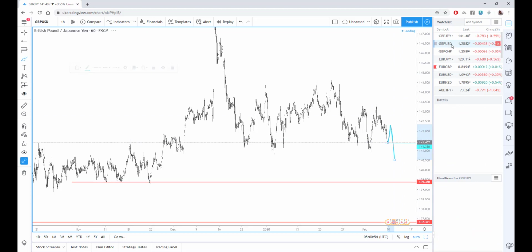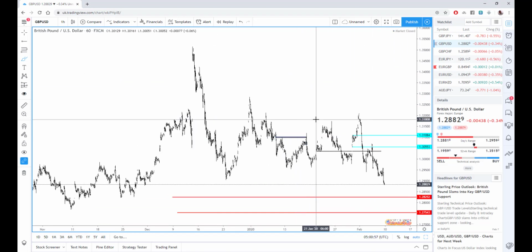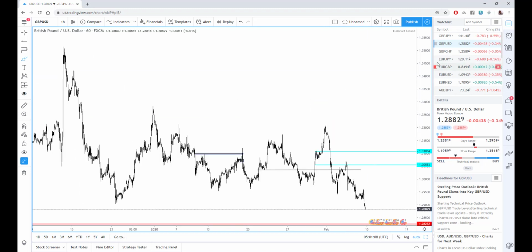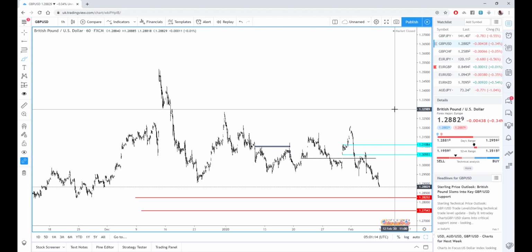Let's go on to pound dollar. Now pound dollar is also dropping. Like I said to a couple of guys in a group that I'm actively on, I said that we would likely see pound drop. From Friday morning I was looking for pound pairs to drop. It didn't do that until late evening, which indicates that